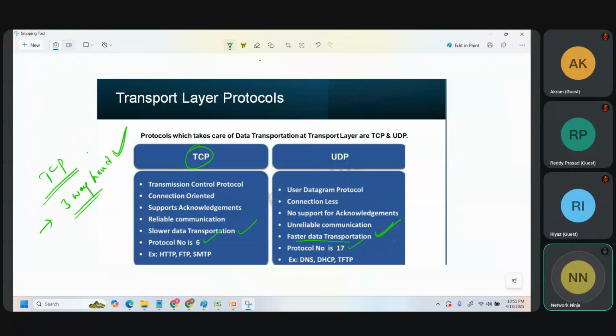Here are some examples which we are going to use in our production network. HTTP and HTTPS, FTP, SMTP, simple mail transfer protocol, email services, everything is transport